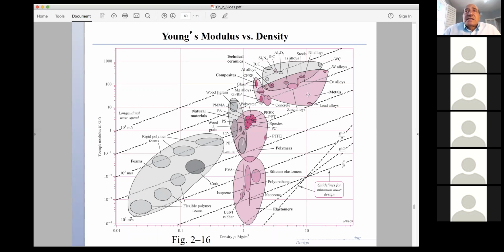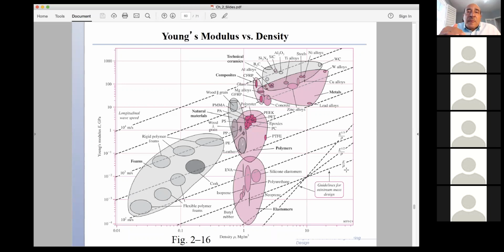So the selection is based on maximizing some property, and it depends on the application. If I have, for example, an application in which I'm trying to maximize the stiffness in tension, then it turns out that I need to maximize the ratio of E over rho, where E is the elastic modulus and rho is the density.